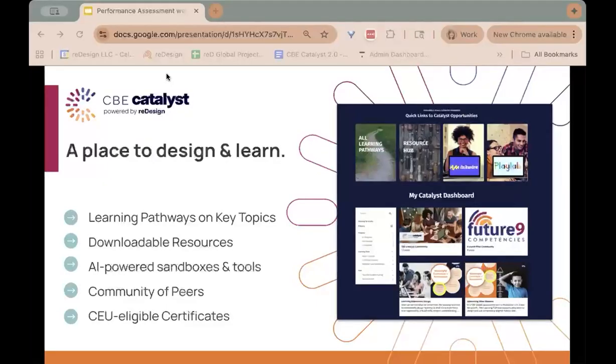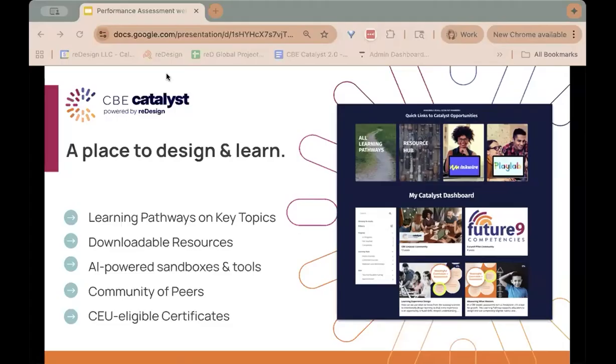So the way it's organized as a community is you can see a little picture of it here on my screen. We have learning pathways, each of which are on a key topic. So today's performance assessment is one example of a learning pathway, and we have many others I'll talk about in a second. There's a resource hub which already has over 350 resources, and we are each month adding additional.